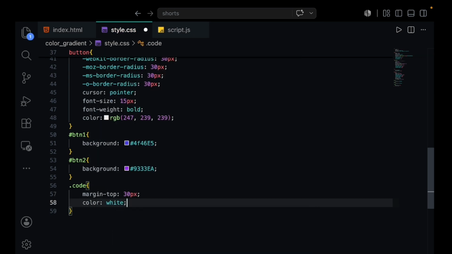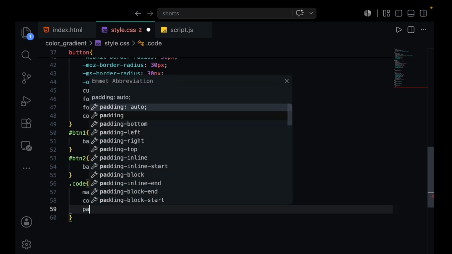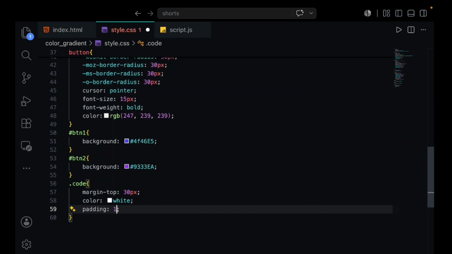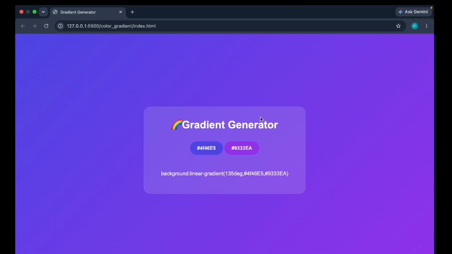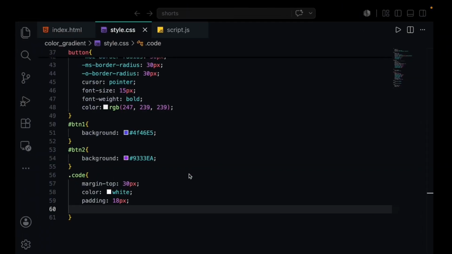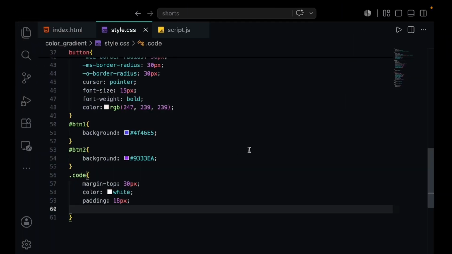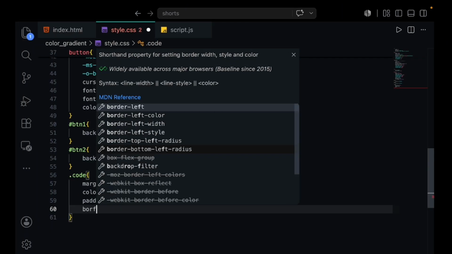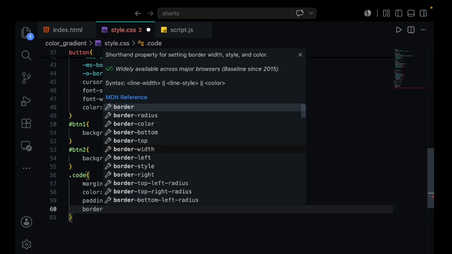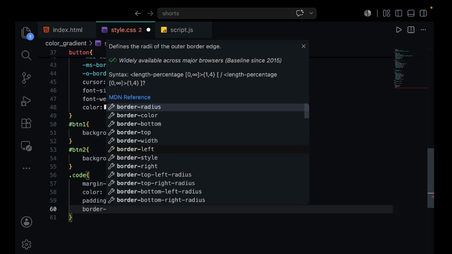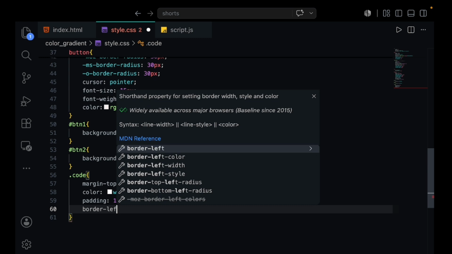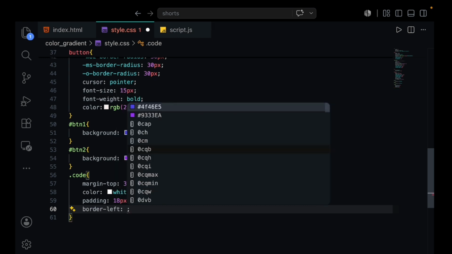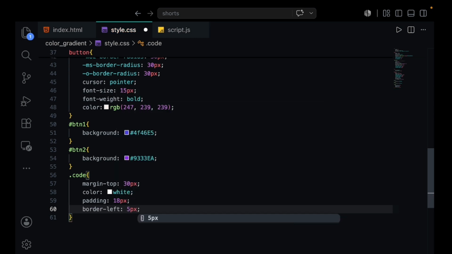Give color white. And padding, let's give it 18 pixel. And let's give a border from the left side so that it looks good. So our border from left, let's give it something like 5 pixel.